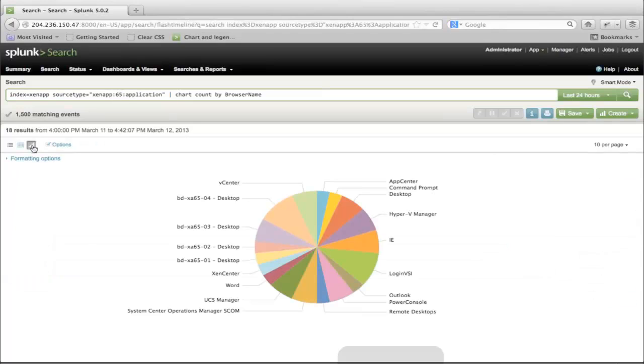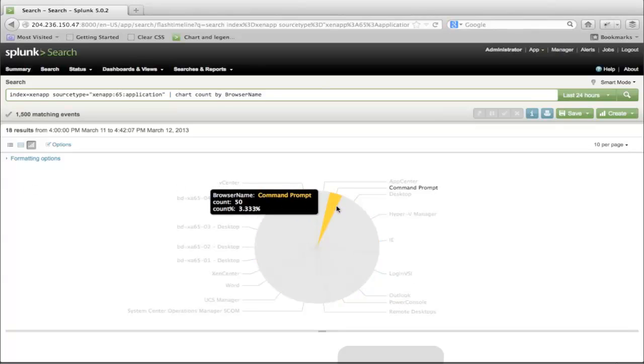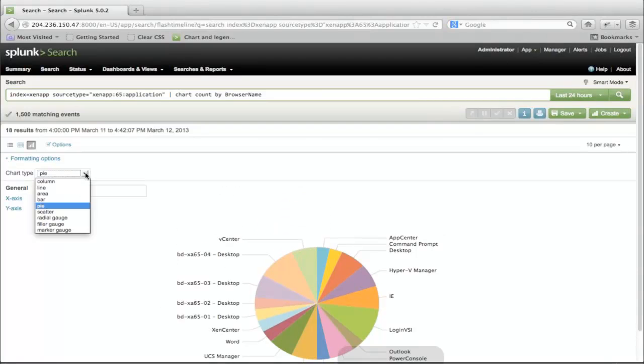Cool. And so here's our pie chart, and it gives you the mouse over. It'll give you some pop-ups on each one of those, and you can enable drill down if you want to get down on each little pie slice. Or you have different kinds of charts as well. You don't have to use a pie. You have all these different types of charts, and these are all built-in charts that come with Splunk. You can extend Splunk if you have some other type of chart that you want to use. You can do that, but Splunk gives you these right out of the box.